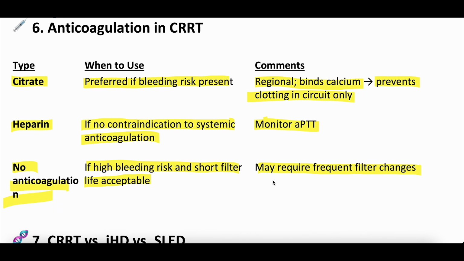So depending on where you work, you will have different approaches to this. Usually the hospital and all the stakeholders have agreed on some approach, whether that's start with no anticoagulation and then flex to heparin or citrate, or to start with something like a citrate protocol that you just do